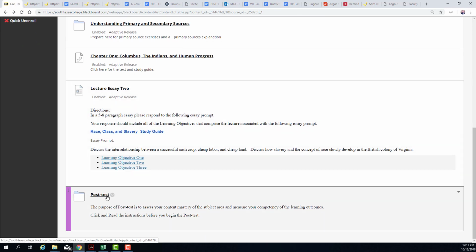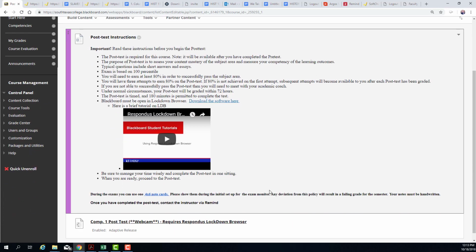So when you take the post-test, note you can use notes, but they must be handwritten, and it has to be on a 4x6 note card. You can use one per competency post-test. So only one note card per competency-based note card. Any deviation from that, again, the cheating policy will kick in and you'll earn a failing grade. I don't mean to harp on that, but there are quite a few students that have cheated. None of you, of course, are going to cheat because you are diligent hard workers, but I just want to make sure, just in case that temptation was out there for anybody.